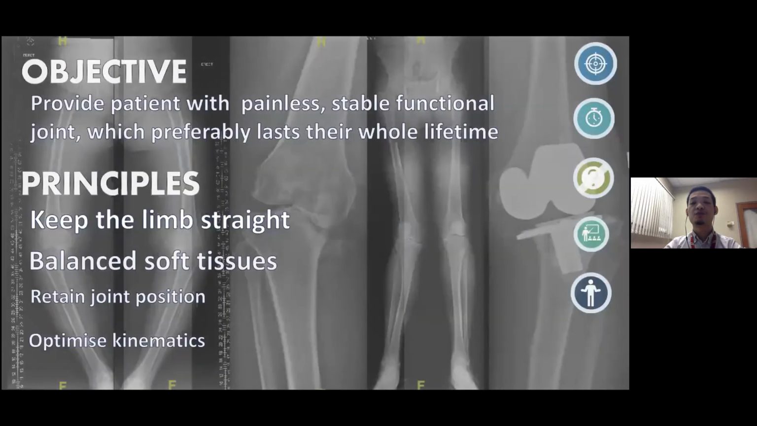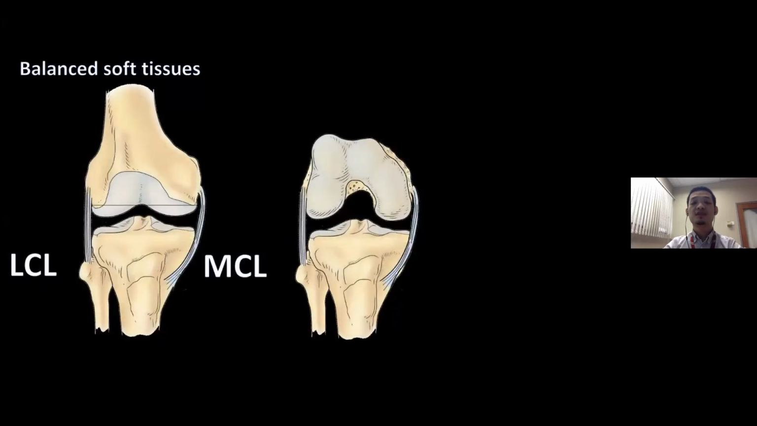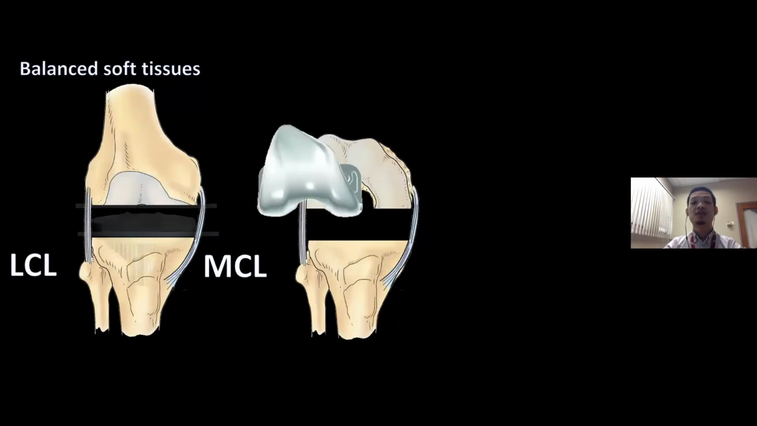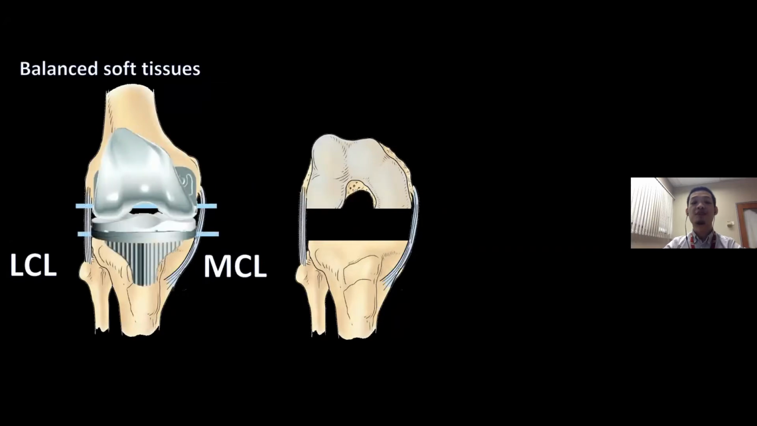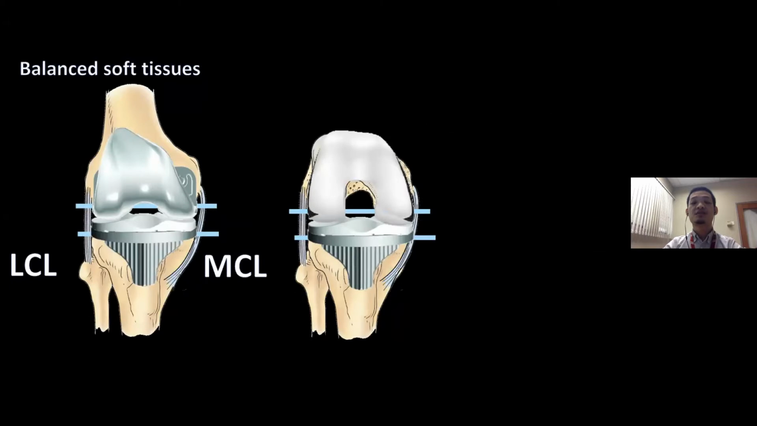And also you want to balance the soft tissues. So this is the knee in extension and flexion. So you can see there's 2 ligaments there. So when we do the cuts, we want to keep the space rectangular. This is what we usually tell the MOs. Why? Because we want the implants to fill up the gaps left by our bone cuts. So yeah, we need to be quite precise